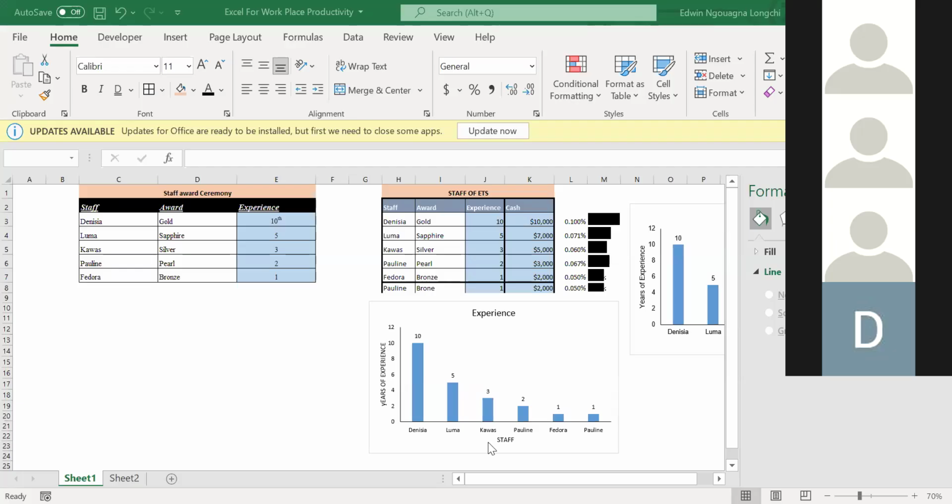Just give me a minute, because sometimes you may think that Excel cannot give you beautiful charts, but it all depends on how you format your charts. So let me just open this and show you what I'm talking about. I did a presentation and I have some very beautiful charts. For me, they're beautiful. Maybe they may not be beautiful for you. Okay, so let me share the screen and show you what I'm talking about.